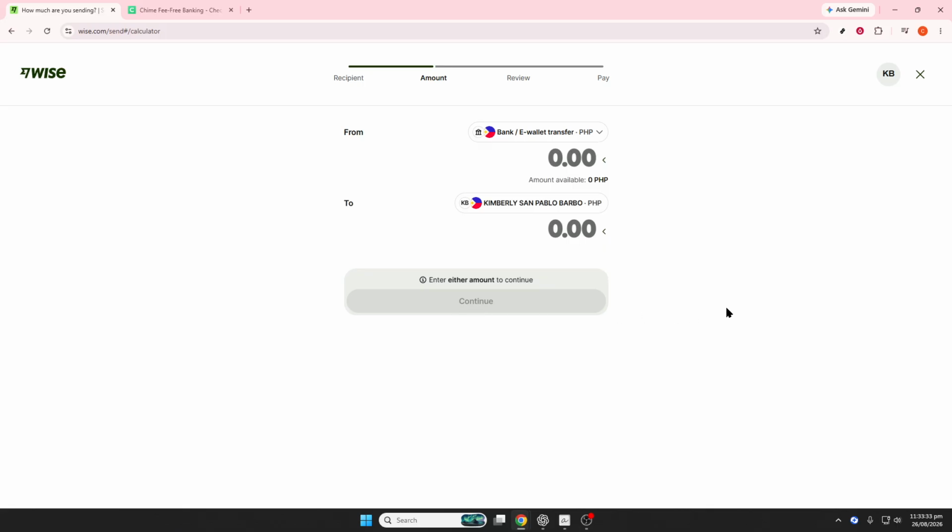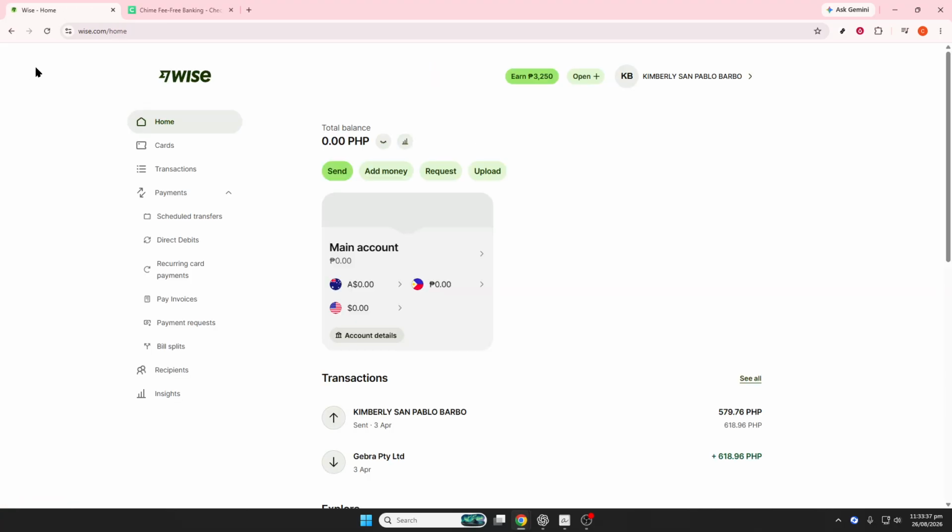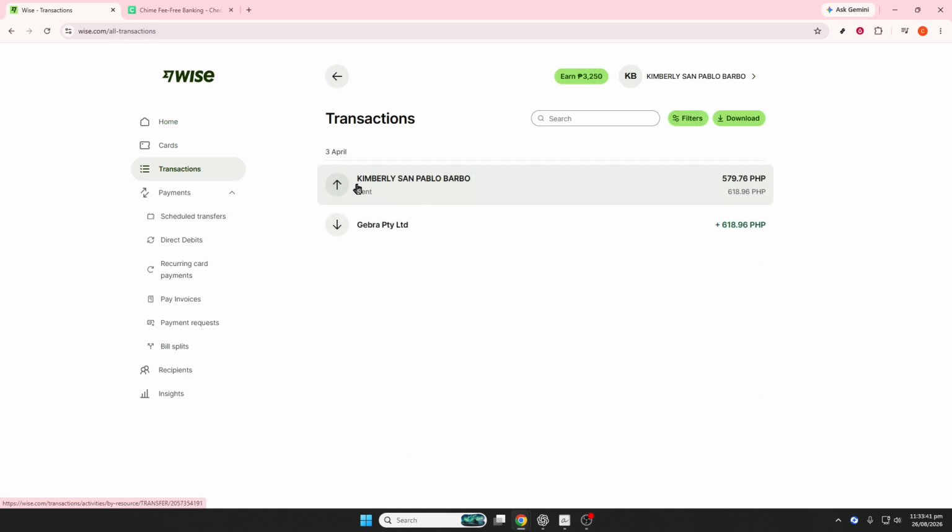Before you send the payment, carefully review everything on the summary screen. Check the recipient's name, the US bank details, the amount you're sending, the amount the recipient will receive, the exchange rate, the Wise fee, and the estimated arrival date. If everything looks correct, select Continue, then Confirm, and send the transfer. After the payment is confirmed,